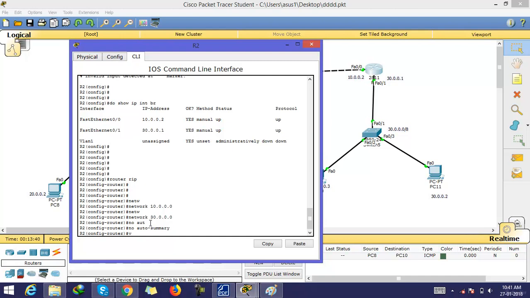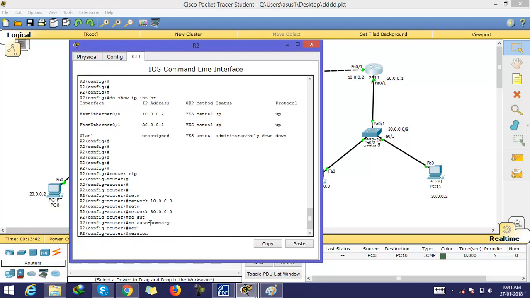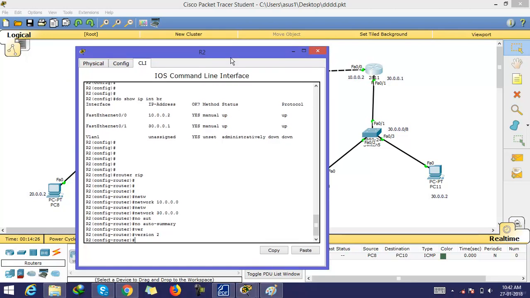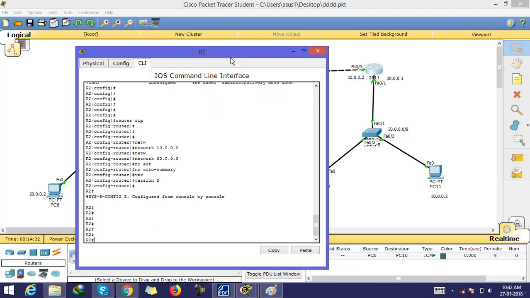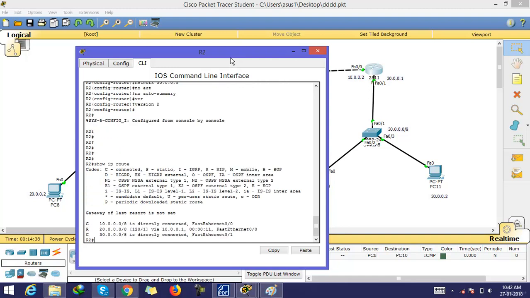Now we are using version 2, so here I am applying version 2. Now you can check the routing table. For checking the routing table, go to enable mode and just type show ip route. Here you can see